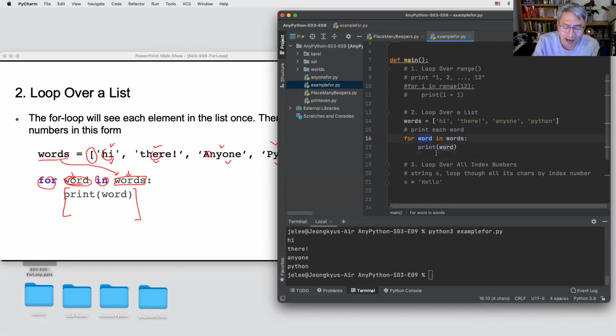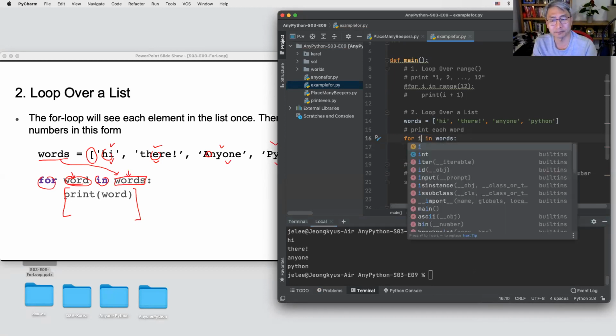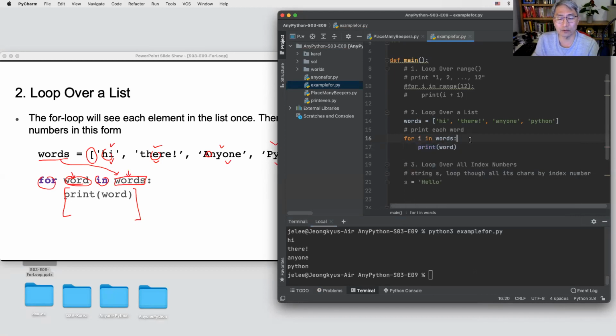You may be curious. Can I use i over here? What happened? Can I use i? What do you think? Any suggestion? If I use i over here, what happened? Is it wrong or is it okay?